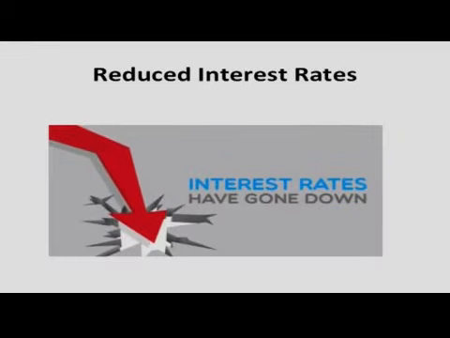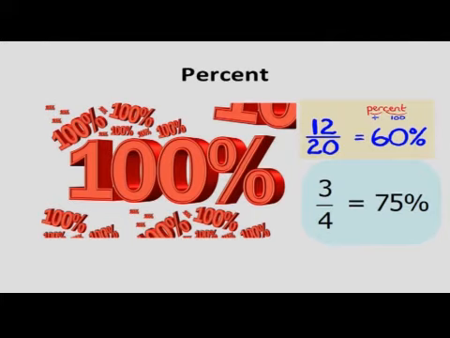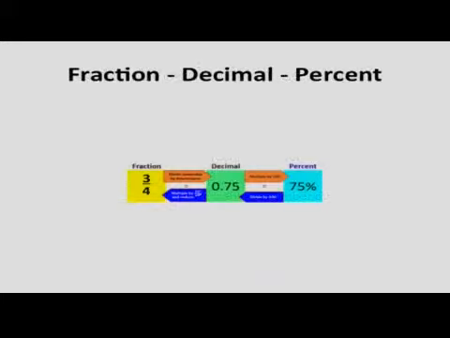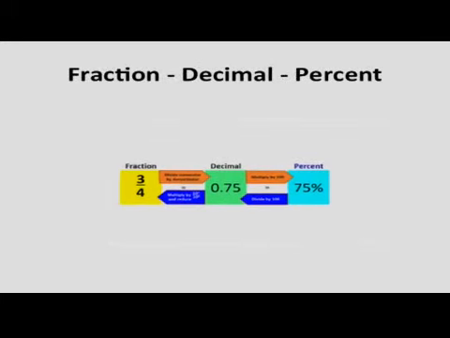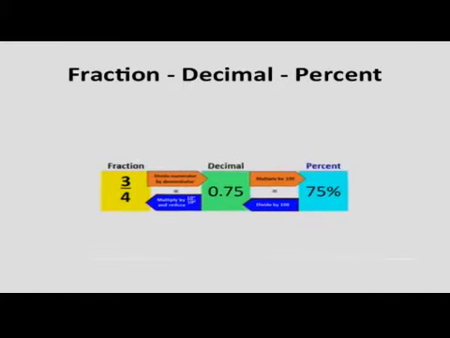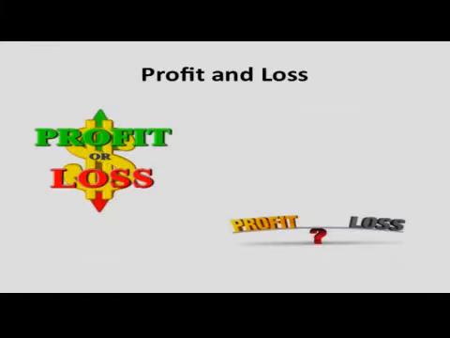Bankers have lowered the rate of interest on fixed deposits from 8.5% to 7%. In all the above statements, the important word is percent. The word percent has been derived from the Latin word percentum, meaning per hundred or out of 100. In this lesson, we shall study percent as a fraction or a decimal, and also we will study its applications